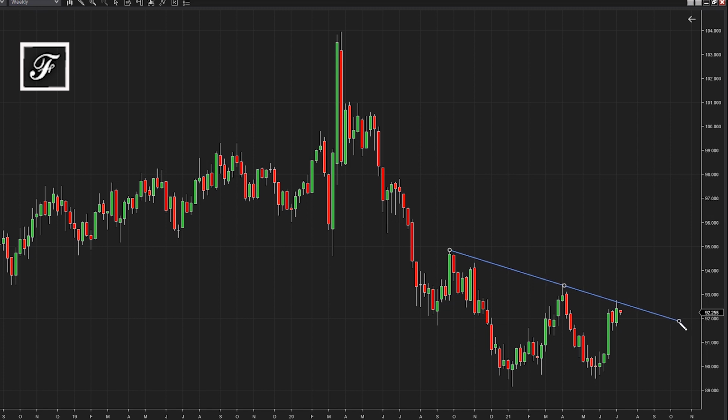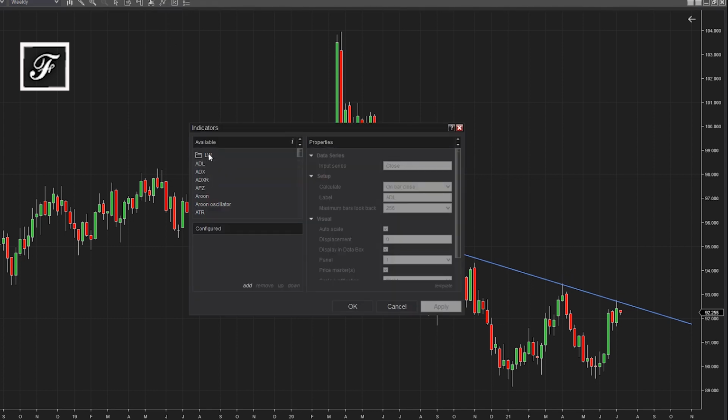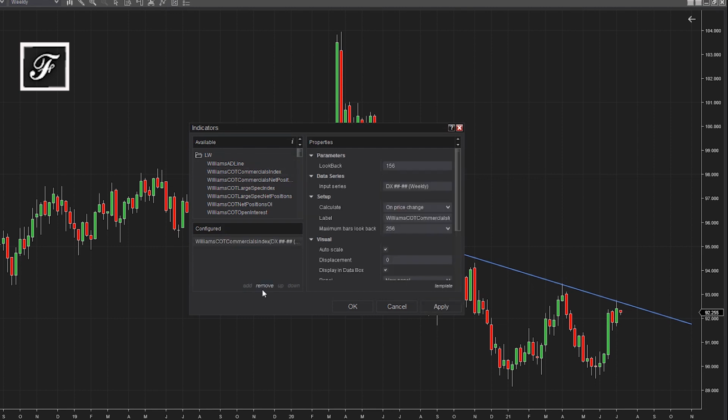So technically, a qualified break above this trend line can be a signal to go long if there is a setup for that. So let's check setups. Now we are watching our weekly chart, and we want to check the commercials index first of all,